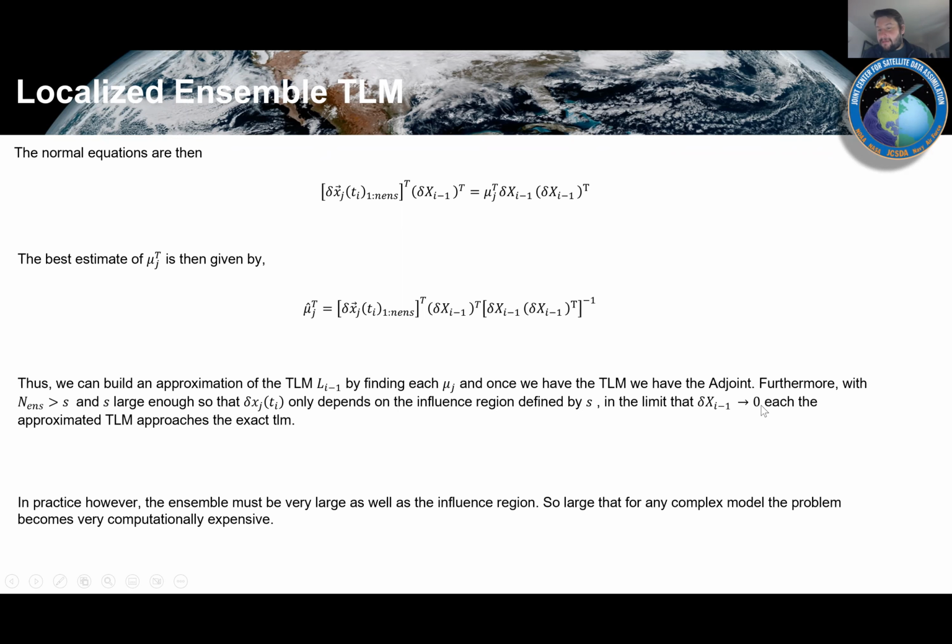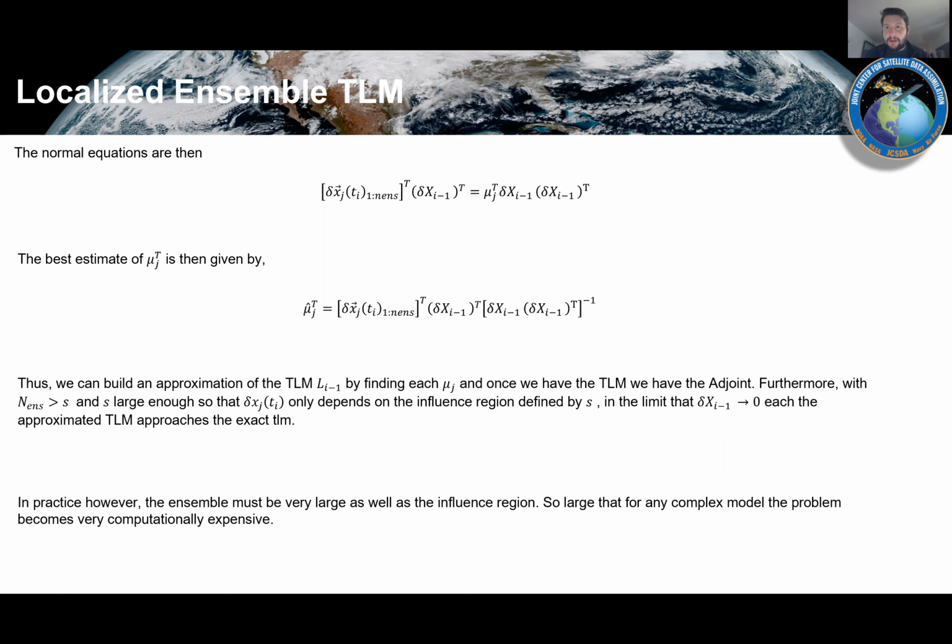In the limit as that increment goes to 0, you're getting the exact tangent linear. So there is some limiting behavior that tells you that under certain circumstances, this could be exact, which is always a reassuring thing to have, okay? But in practice, if you wanted to do it this way with just a localized ensemble tangent linear, it's going to be